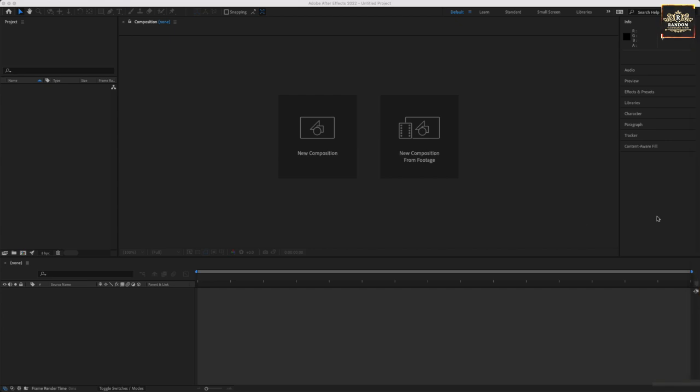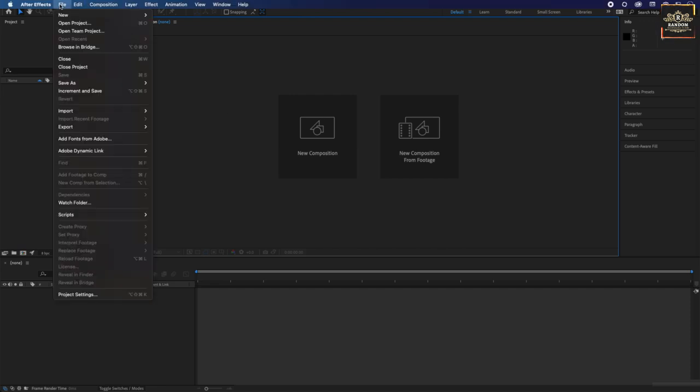Right, welcome back. In this video, we're going to be talking about the File menu. If I go up here and click on File, let's first talk about what we're going to be learning in this video. We're going to cover all the functionality inside the File menu: New, Open Project, Open Team Project, Open Recent, Browse in Bridge, Close,